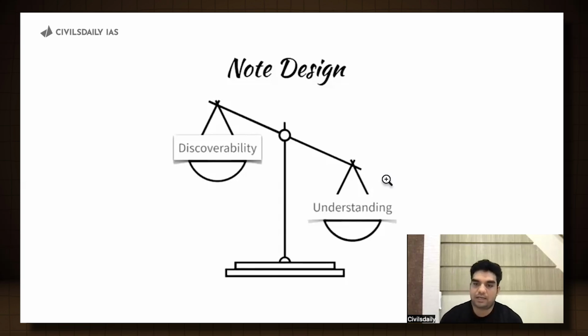One part is, can I find the topic in my notes? Second part is, do I understand the topic in my notes? And that is what progressive summarization is. That is the balance. People, rankers, they are somehow, and I'll show you the example,